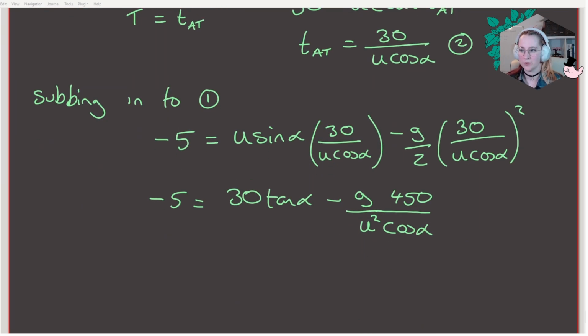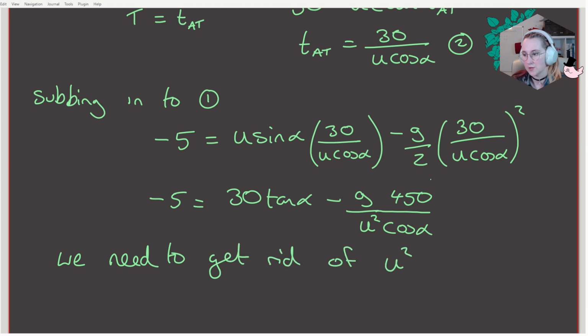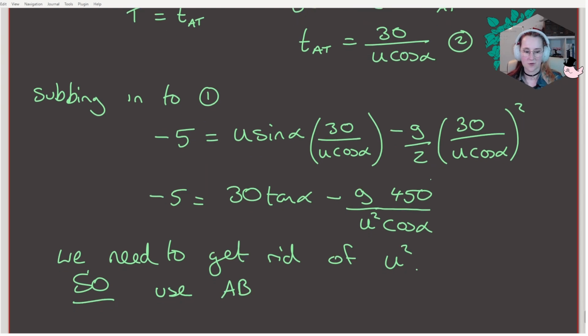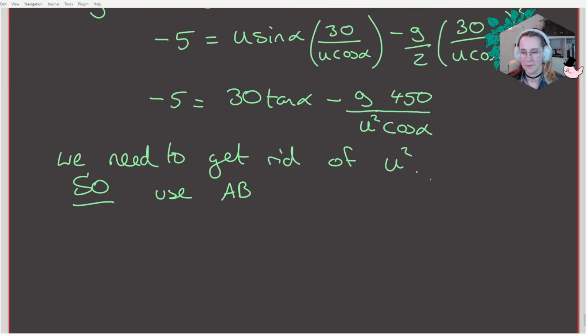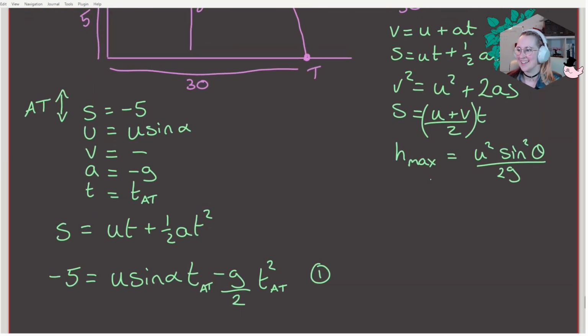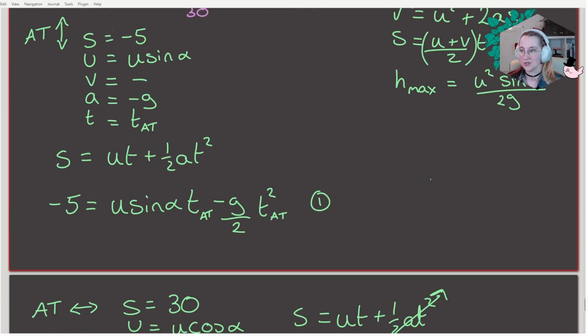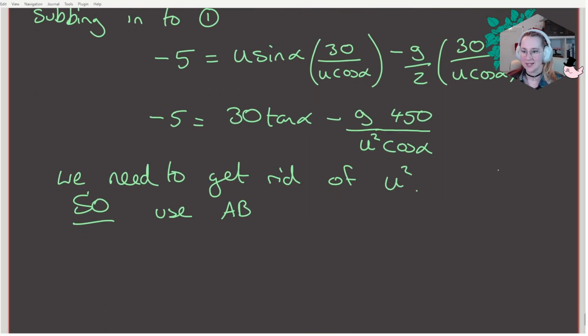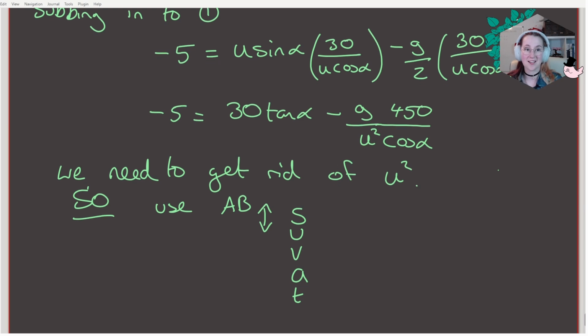So we want to get rid of that u on the bottom. So we ideally just want to get it in terms of things. So we need to get rid of u squared. Remember that we have H max from the equation above. So H max is u squared sine squared over 2g. So down here, if we do the vertical SUVAT from A to B,